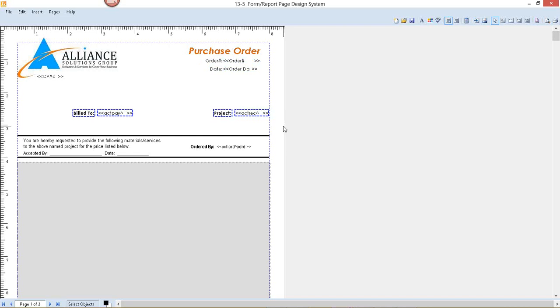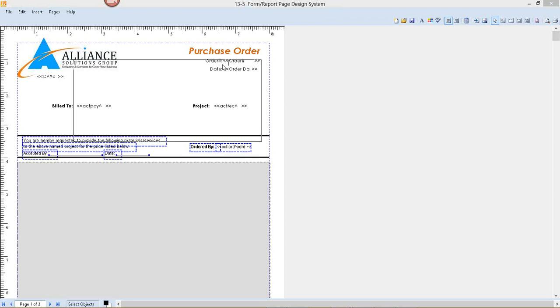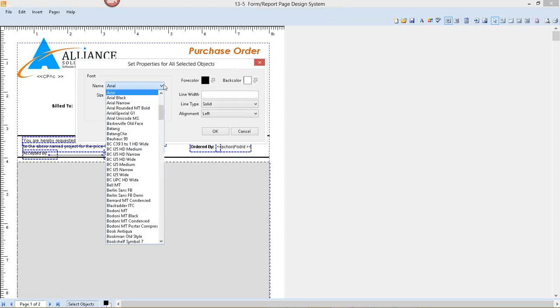I'm going to grab this. Let's put this back. Move it up. I've got to change the font in here. So I'm just going to highlight everything and right-click, Properties, change my font,